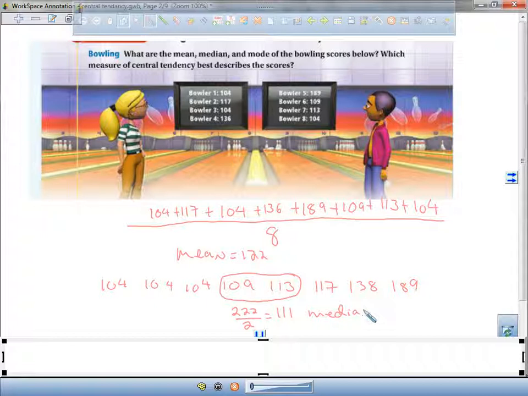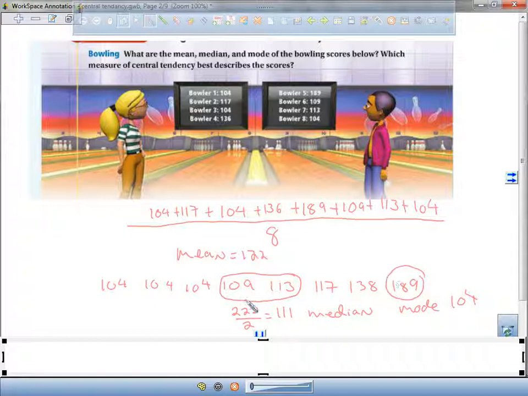What's the mode? 104, because it appears the most. So which do you think is the best measure of the middle in this case? Is there an outlier? Which is the outlier? The 189 is kind of an outlier because it's way higher than all the other